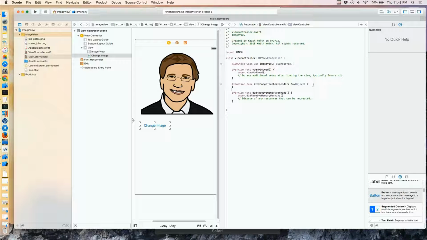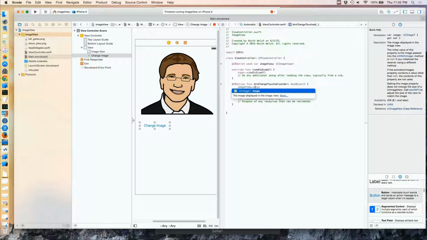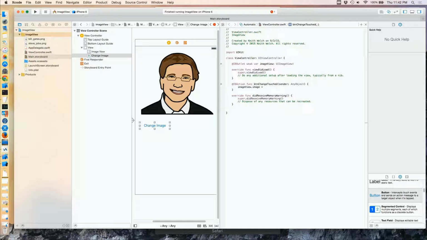And in this action, what we want to do is set the image view's image. And you'll note that that property type is a UIImage. But we have files, so we need to create a UIImage out of our file